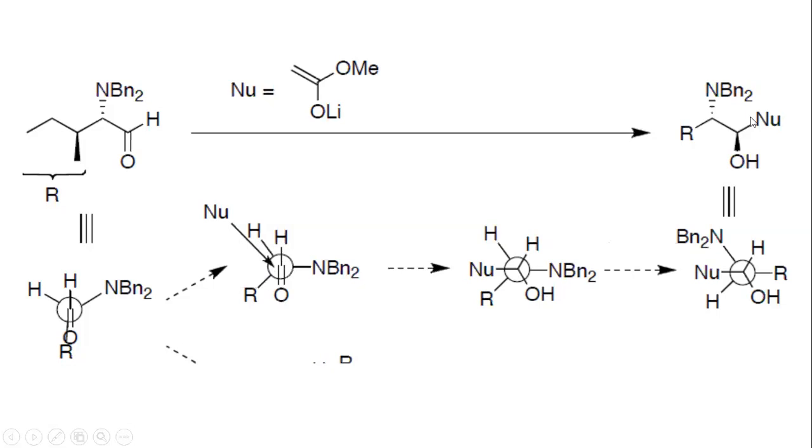Look at the product. In the product, this R group and the nucleophile are on the plane, and are anti to each other and are on the plane. So here they are not anti to each other. So we need to rotate one of the carbons so as to make this nucleophile and R group on the plane. So fix the position of the front carbon. Just rotate the back carbon so as to bring this R here, the N will go there, and this H will come here.